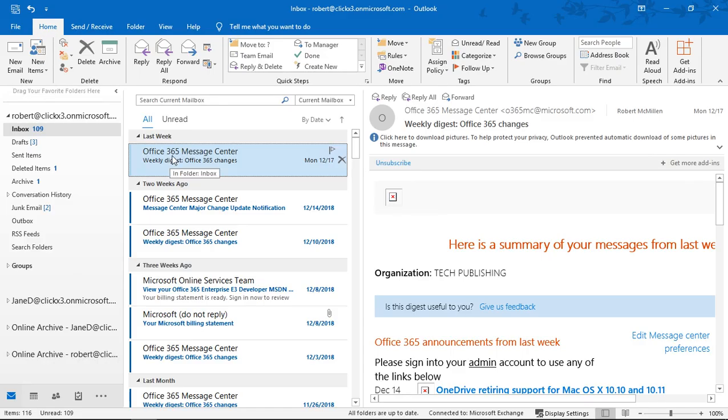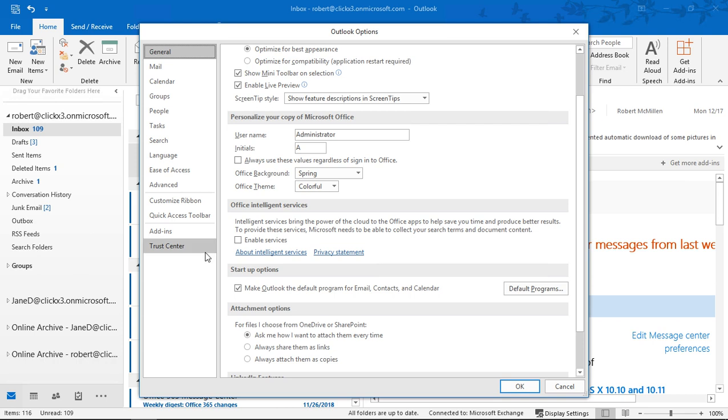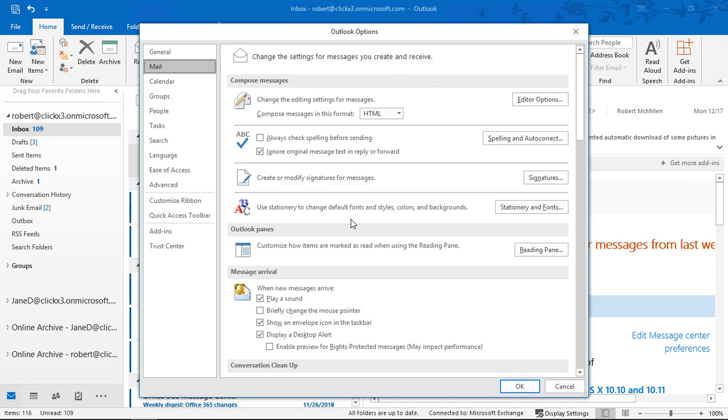We're in Outlook 2019. I'm going to show you how to change signatures. Maybe you might want more than one signature. Maybe you want to change it because your name has changed, something like that. So we'll click on Options after clicking on File, and then we'll go up to Mail, and then we'll click